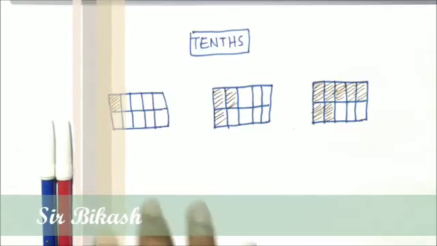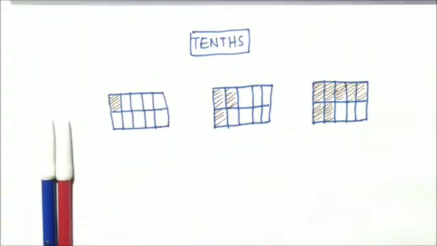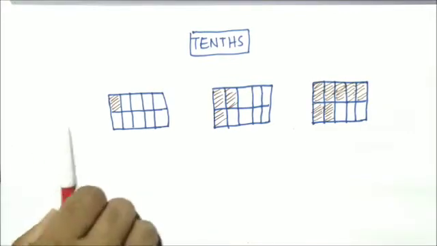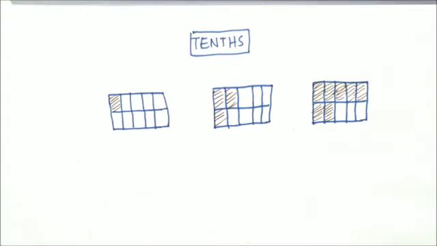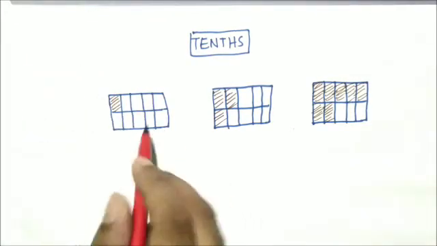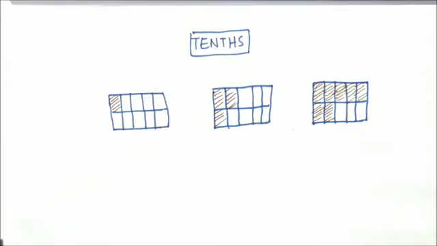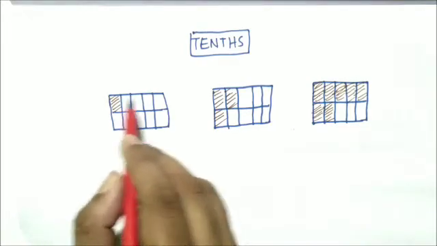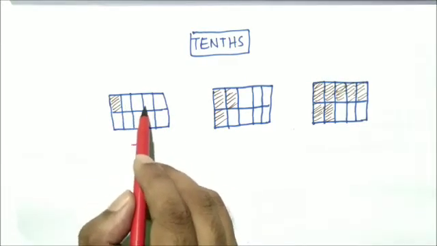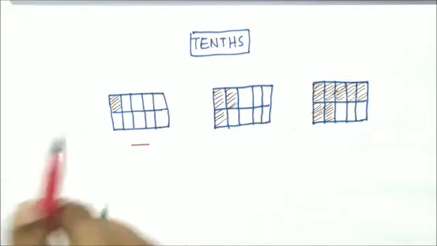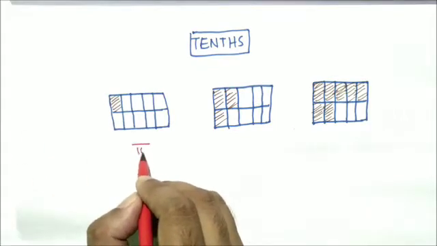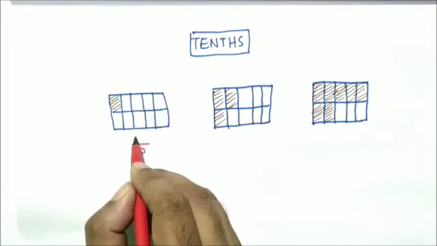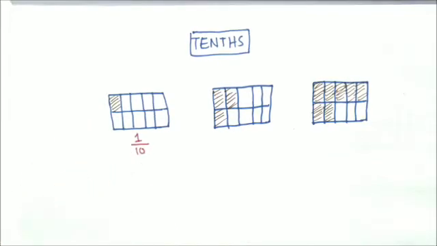So now you can see the figures here, 3 figures I have drawn already. Among these 3 figures, first let us discuss the first one. You know about fractions, right? Can we express this as a fraction? You can say yes. How many total boxes are here? 1 2 3 4 5 6 7 8 9 10. 10 boxes are here. Out of these 10 boxes, only one box is shaded. So can we write it as 1 by 10?